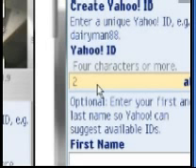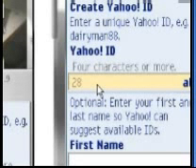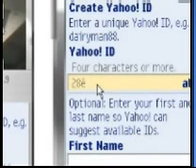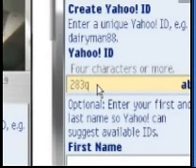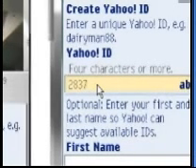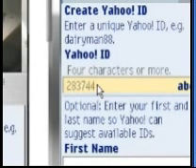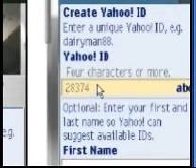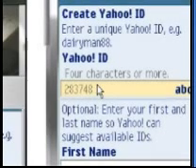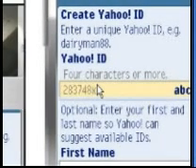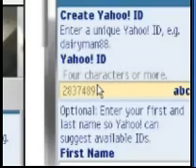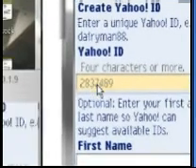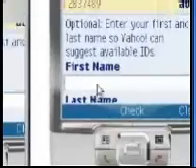Oh, 2, 8, 3. I put my own phone number so that I can easily remember my own ID in Yahoo. That is my personal phone number. Then I created that.